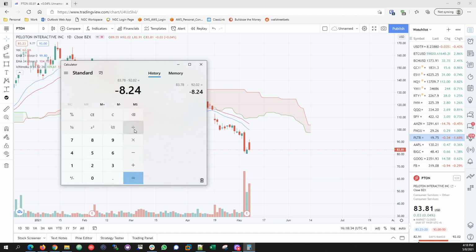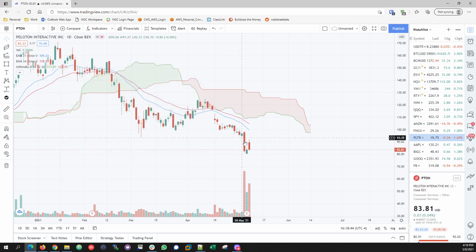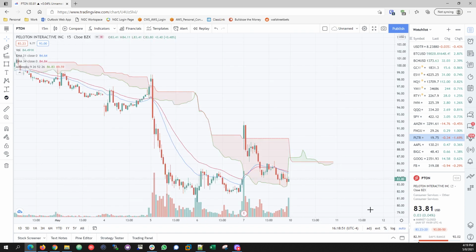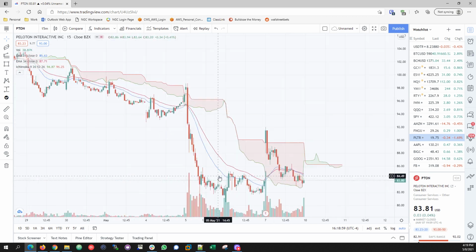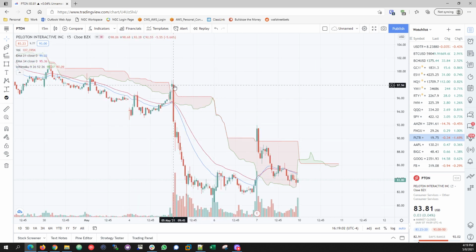It's an $8 move. Off of 83.78, it picked up almost 10% the next day, but then it gave all of it back. So let's take a look at the 15-minute candles here. You see this great move and then a bounce. And then where's the support at the bottom of the block? So that was the 15-minute candle after such a horrendous day, and it just picked up pretty much 10% the next day, but then came back down.